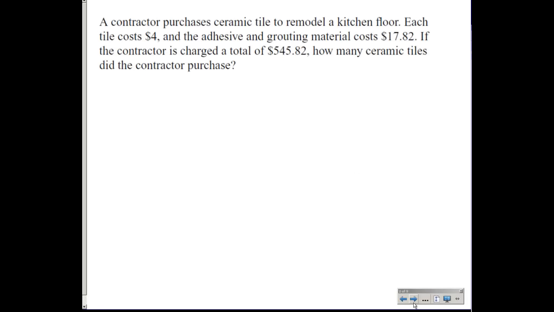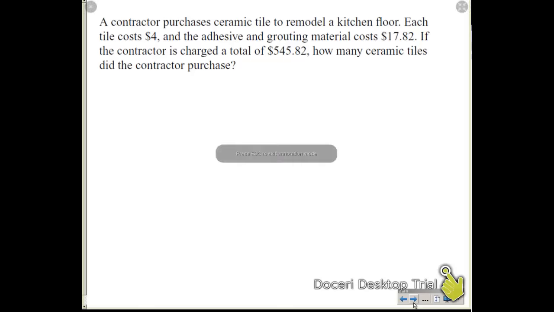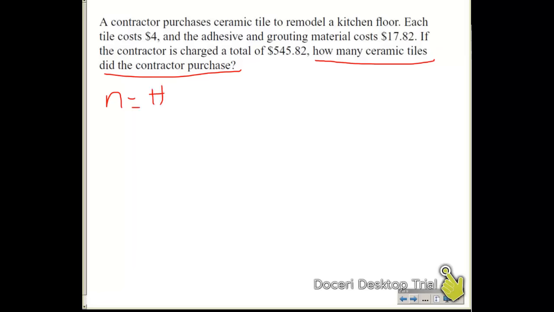First problem, a contractor purchases ceramic tile to remodel a kitchen floor. Each tile costs $4 and the adhesive and grouting material costs $17.82. If the contractor is charged a total of $545.82, how many tiles, this is important here, how many tiles did the contractor purchase? So we're going to let N stand for number of tiles